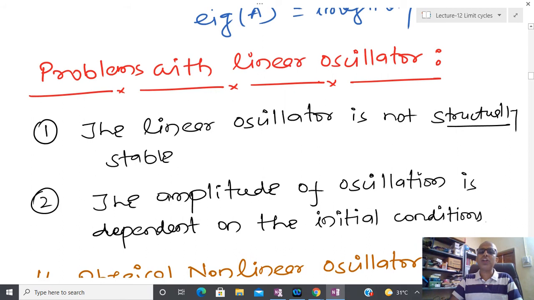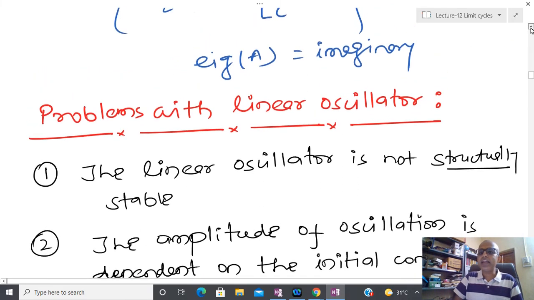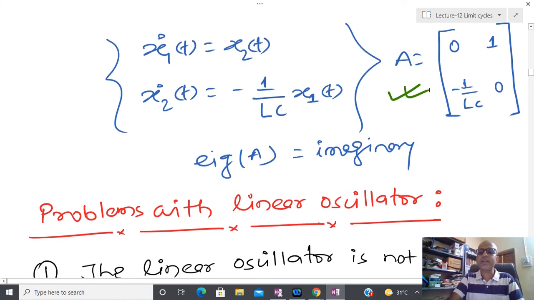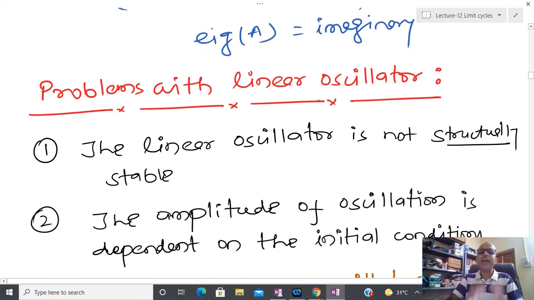Whenever I have a linear oscillator, a linear oscillator is not structurally stable. What does it mean? If a small perturbation comes into the picture, okay, and in the previous class we have already seen that if I have some kind of system that is not hyperbolic, and a hyperbolic system means that class of systems whose eigenvalue is not purely imaginary. Okay, so if that is purely imaginary, then what happens? Due to some amount of parameter change, the system either becomes stable or unstable. We don't know what the behavior is, and due to that reason they say that it is not structurally stable. Structurally stable means that if a small perturbation comes into the picture, then it might be possible that the oscillation phenomenon